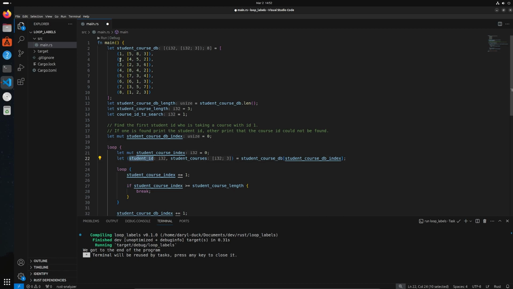And then it's assigning the first value to student ID and the second value to that array. Cool. So now we've got our information. We can go into this second loop, right? And basically just